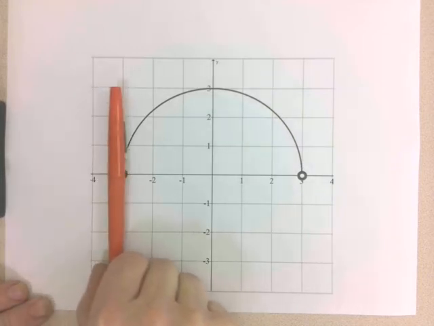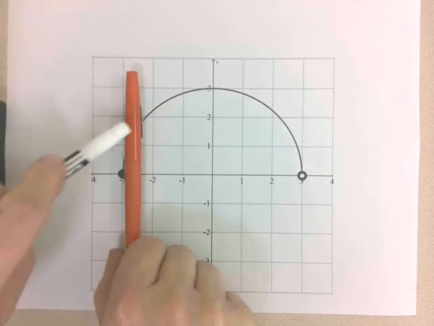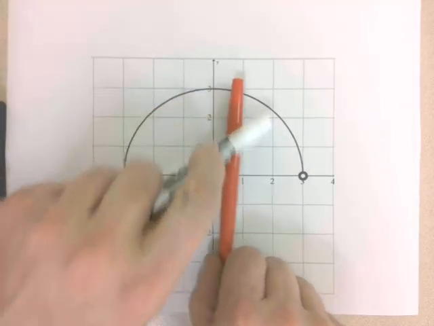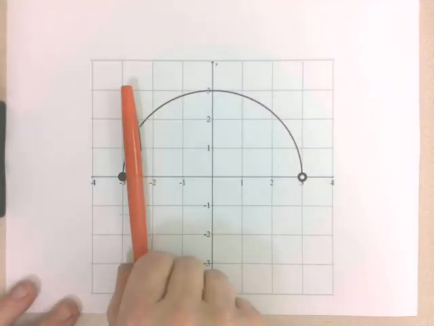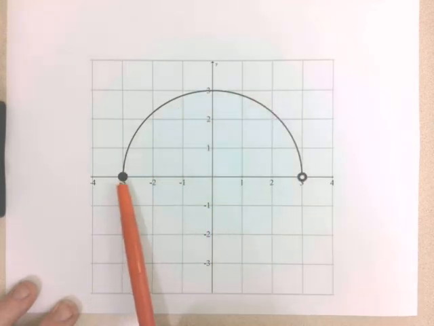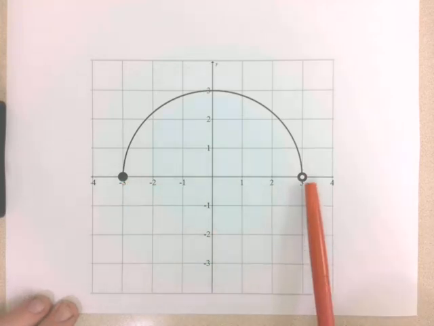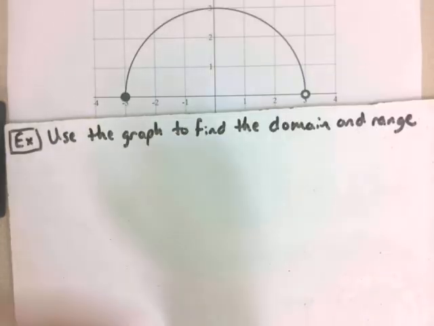So the first point we get to is at -3, and as I scan this from left to right, we have all of these points on our graph until we get over to an x-coordinate of 3. All the values in between here are represented by all of these points. We have a closed circle at -3, so that is included, and we have an open circle at +3, so that is not included. So for the domain on this graph,